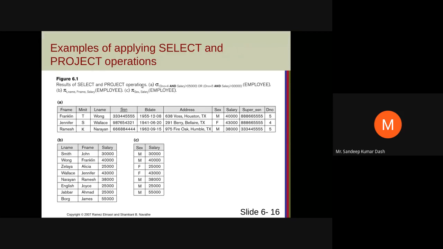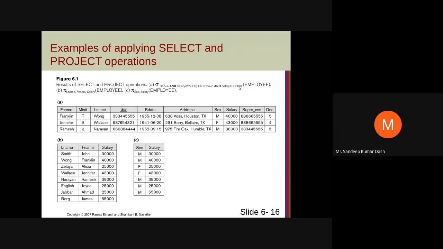In this example, the first relation result is based on this condition from the employee table: department number equals 4 and salary greater than 25,000, or department number equals 5 and salary greater than 30,000.